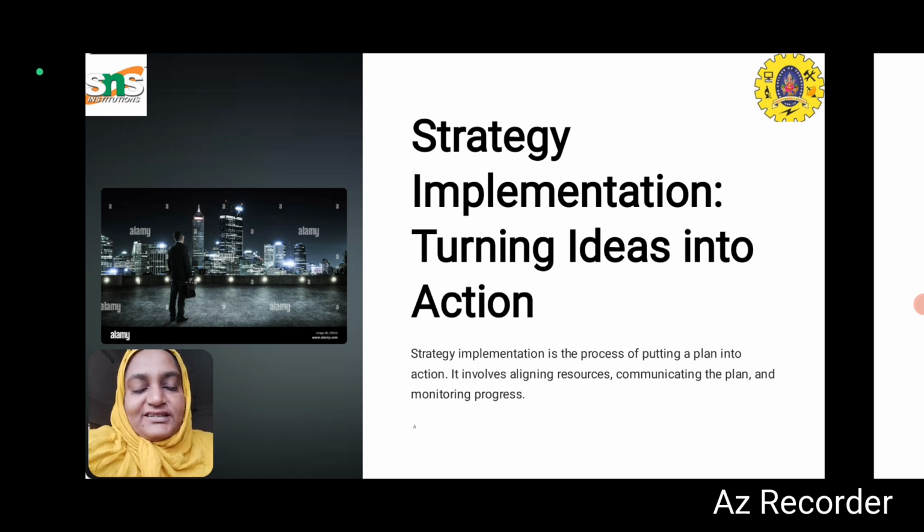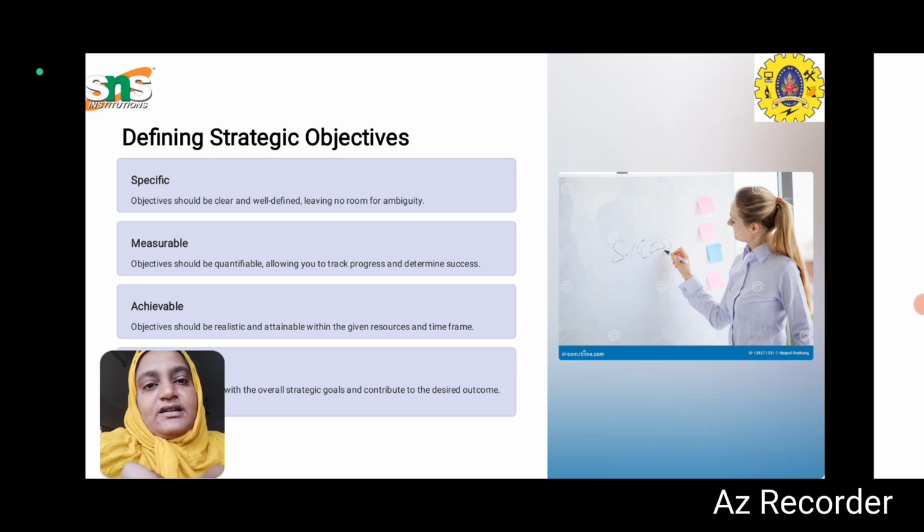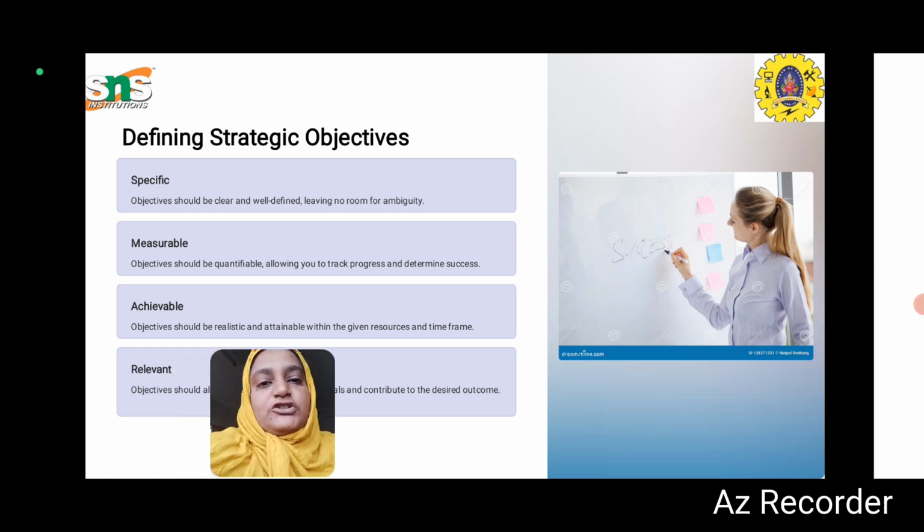How we are going to do it, and what are the methods that could ease us, we are going to discuss here, right? So defining a strategic objective, it should be very specific, measurable, achievable, and it should be relevant to the topic. So it should be very specific what you're going to do, what is the objective that you have framed, and you have to measure it. So how you're going to achieve it, what are the aspects that would help you to achieve that,